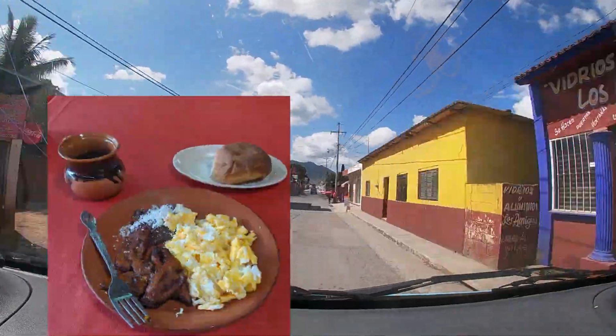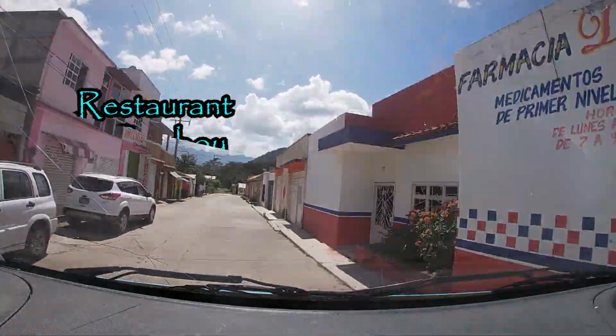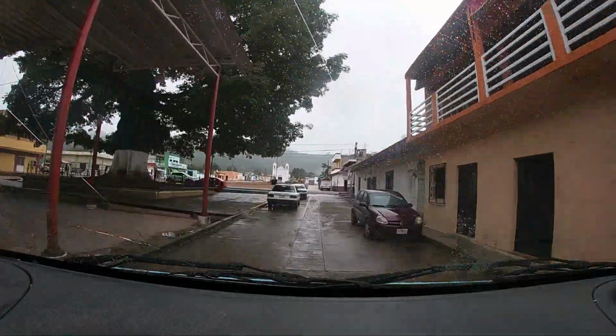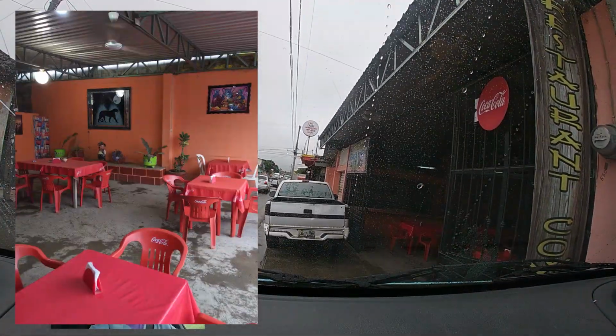Then for food, I've got the mechanical. So that's us buying a transmission filter, oil, and a filter, and him working at it. It was only $110. I'm going to show you a couple photos of Lupe, Don Bruno's wife, the restaurant, and